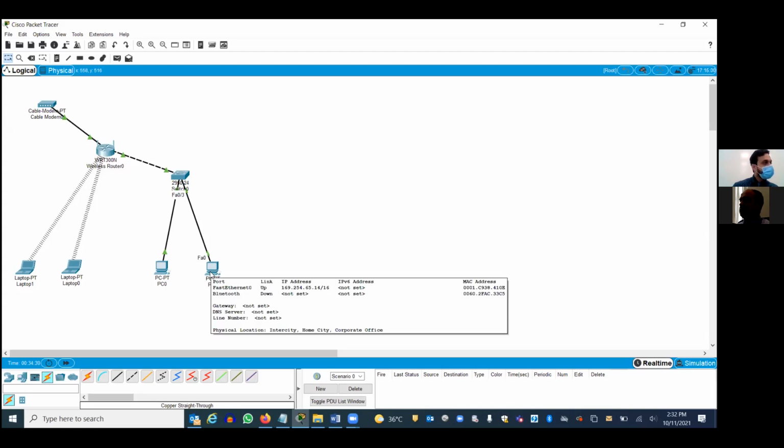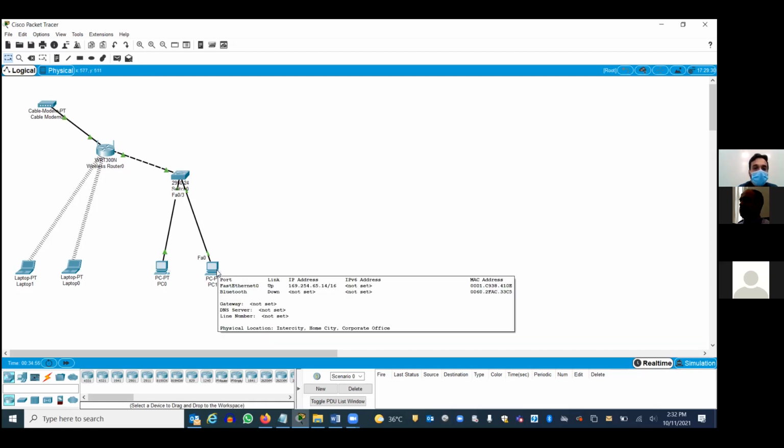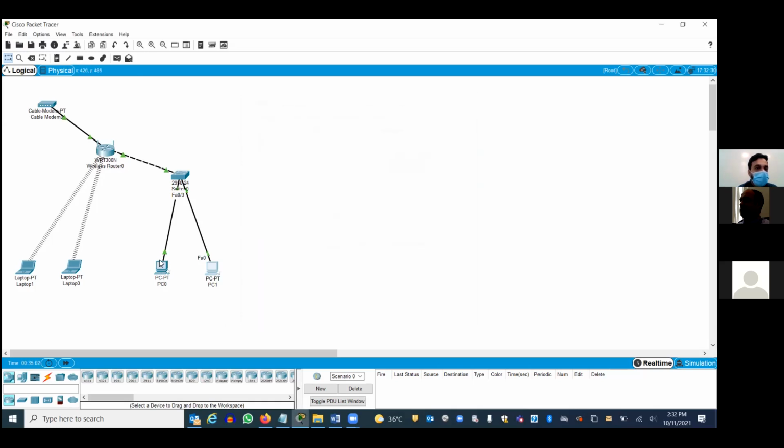Correct. So how do you check the connectivity? We need to now, all of you know that we have connected it correctly, and all these devices are getting an IP address, right? All of them are getting an IP address. So I just need to check the connectivity. Can you see something here? Small PDU. Yeah, just select this. Connect to laptop 1 and 2.